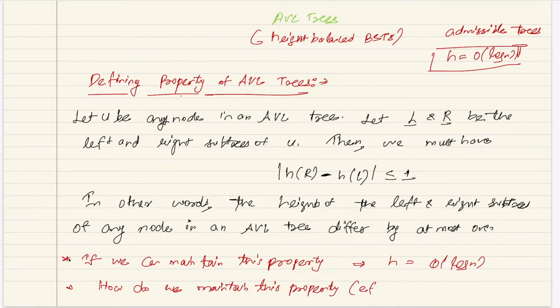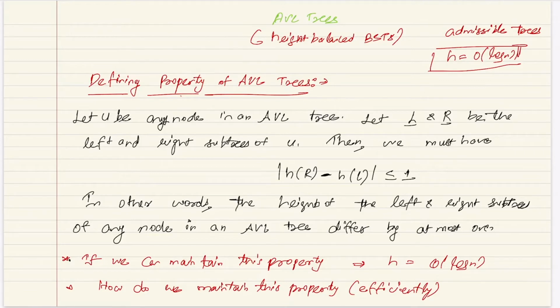And that is efficiently. I don't want a brute force approach, because I don't want the complexity of insert and delete to become more than order h. Right now it is order h. I want to keep it order h while keeping h as log n. But if this becomes very inefficient, then even the insert and delete complexity will be very high, and there is no point of this whole exercise. So how do we maintain this property efficiently? If we can understand these two things, then we are done with AVL trees. Okay, so let's do this one by one.